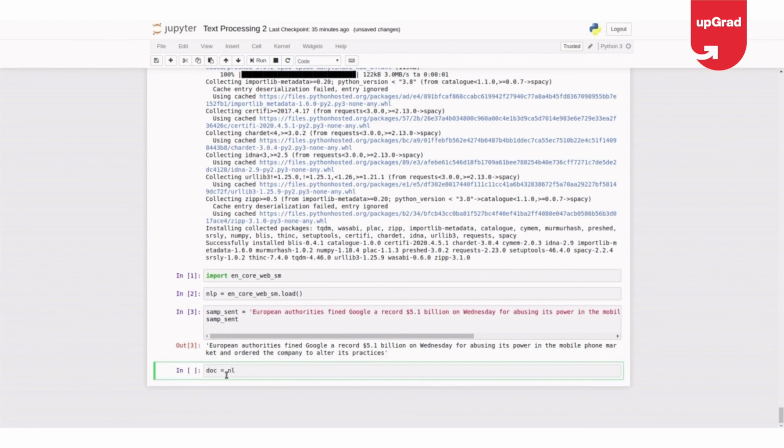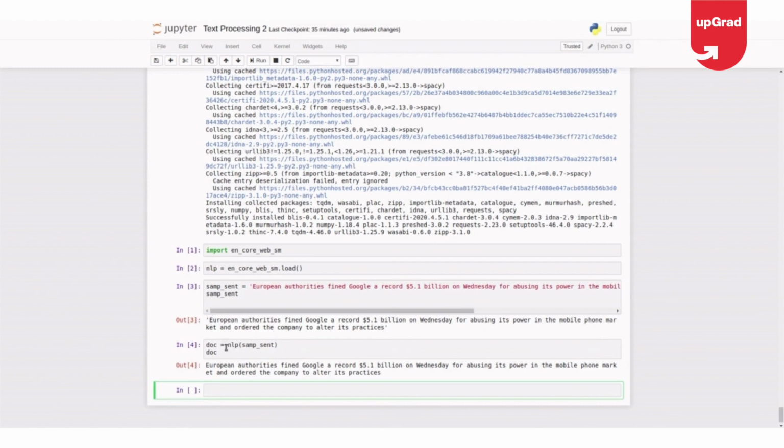I'll apply NLP on this. NLP is already loaded. The model is already loaded. I mean, this is my doc which is applied on NLP, but still I haven't extracted anything, right?